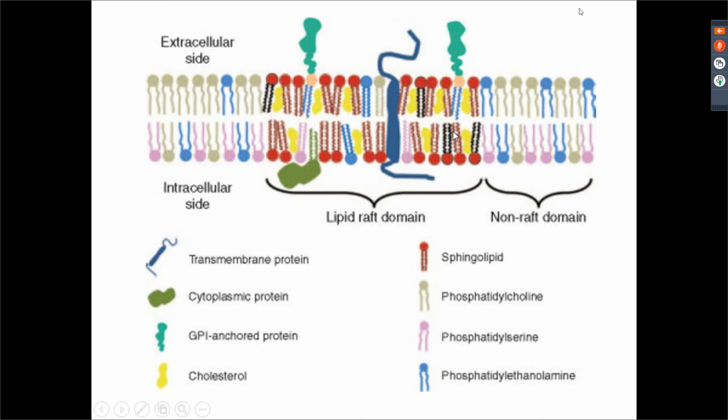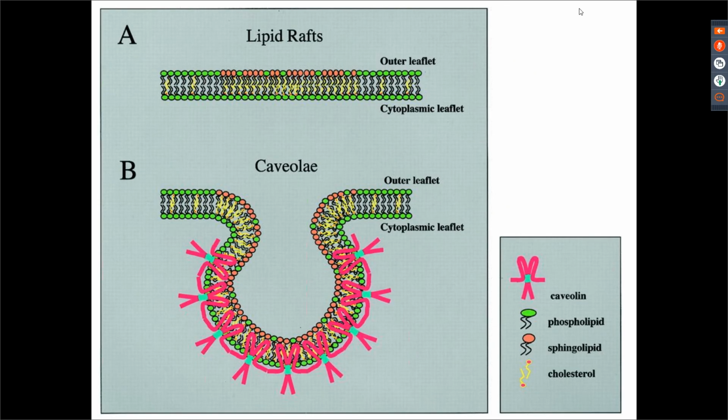This again shows a region showing a lipid raft domain, where you have more sphingolipids and more cholesterol, which is causing compaction. Next, what are caveolae? Caveolae are these microdomains only, but when these lipid rafts associate with a protein called caveolin, it leads to inward curvature or invagination of the membrane, and they form structures called caveolae. Okay.